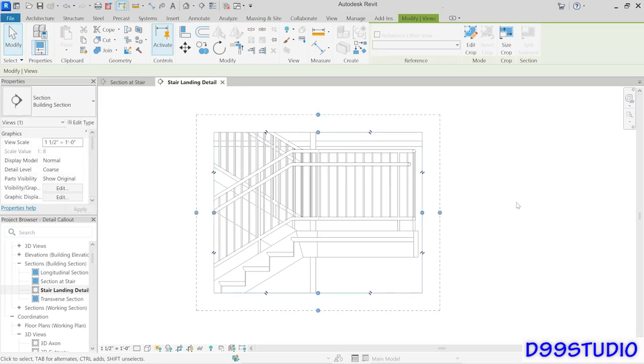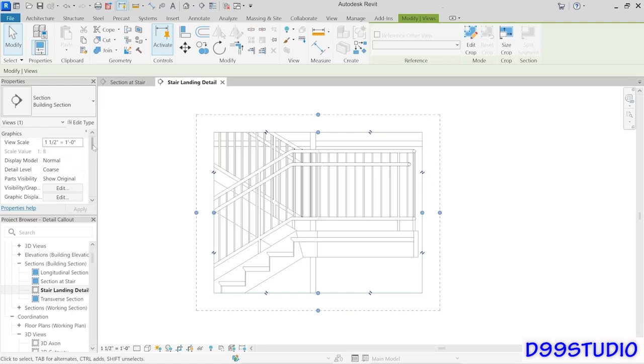Now, that takes care of the stuff off to the sides, but we're still seeing some of these mullions off in the distance. Well, remember that crop regions are not two-dimensional, they're actually three-dimensional. So the extent of the view is a three-dimensional extent. So in addition to the width and the height, we've got a depth here. And you can adjust the depth on